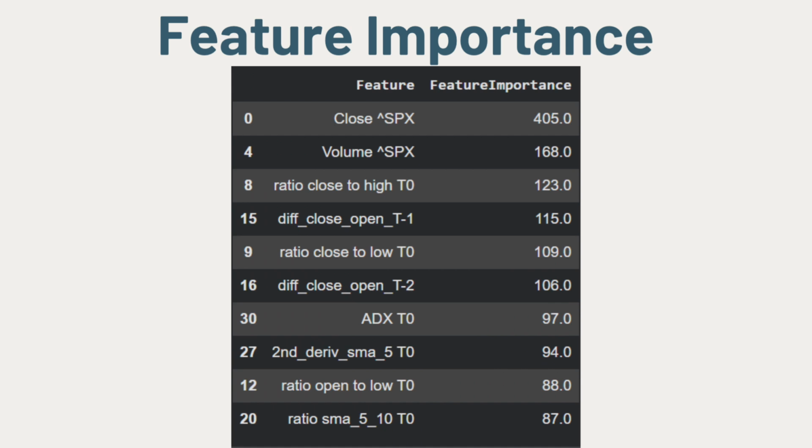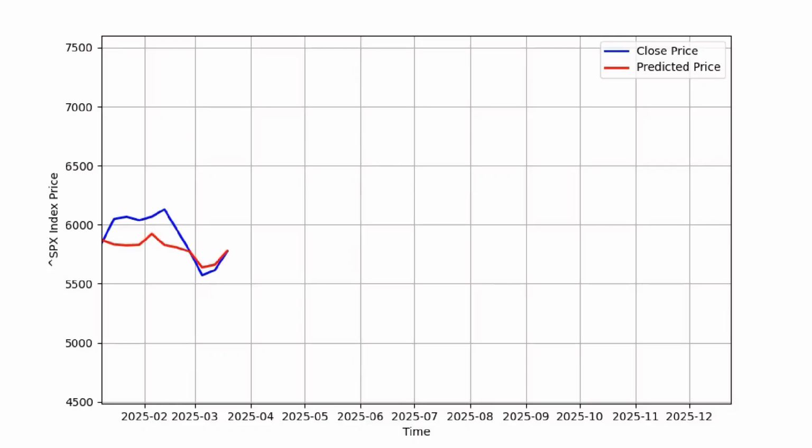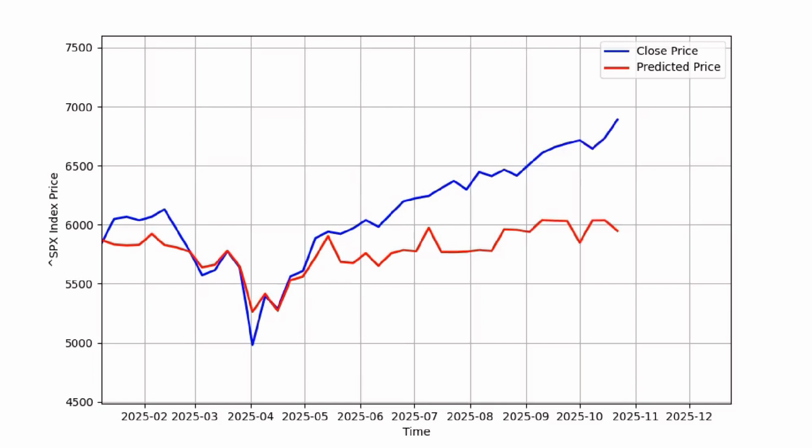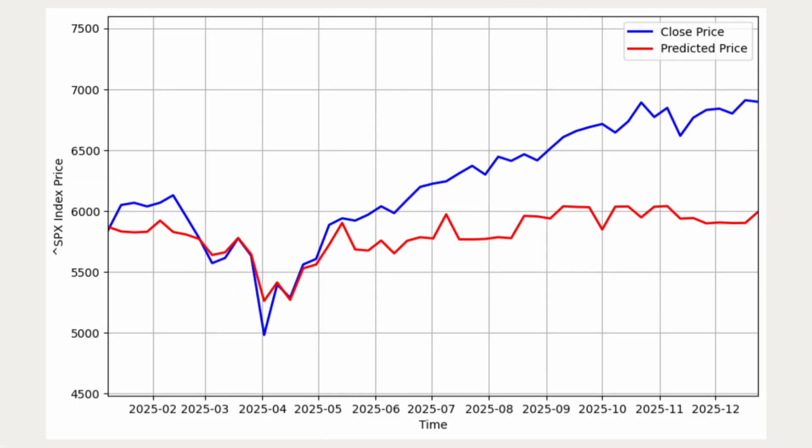From here, we can see that the closing price is the most dominant feature in model prediction. We can also plot a chart of actual close price versus predicted close price to assess the model prediction. In the beginning, we can see that the model's predicted price is fairly decent, being able to track the actual